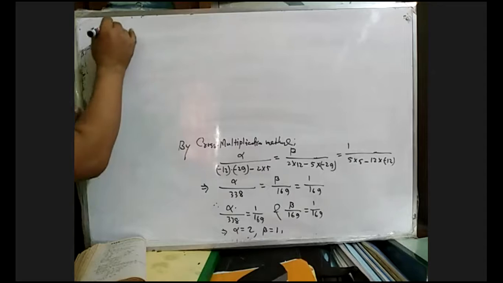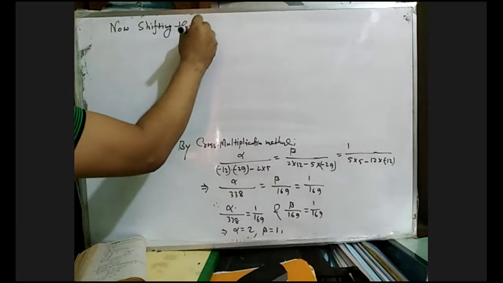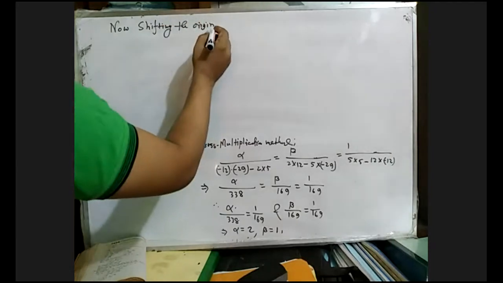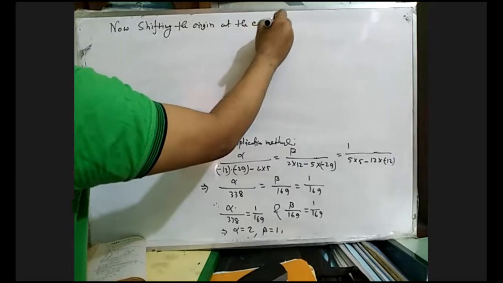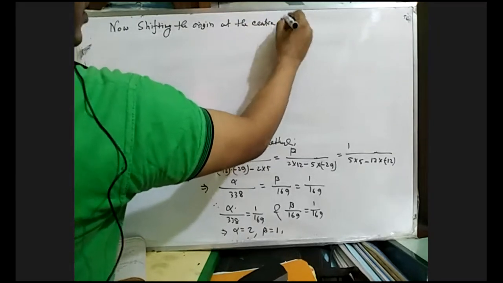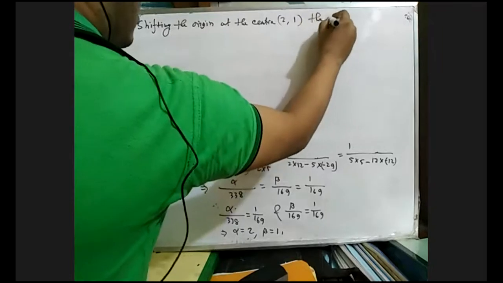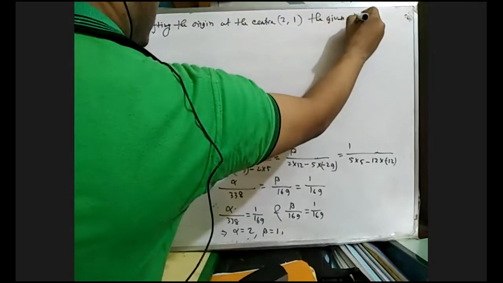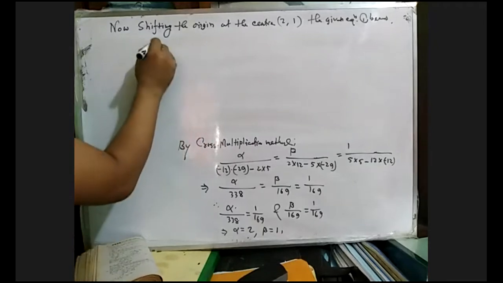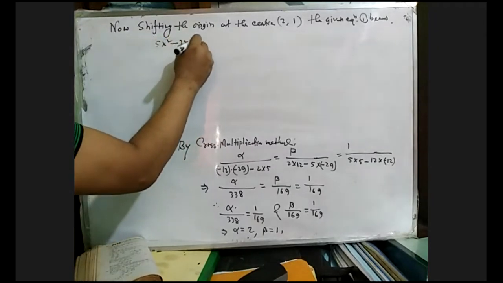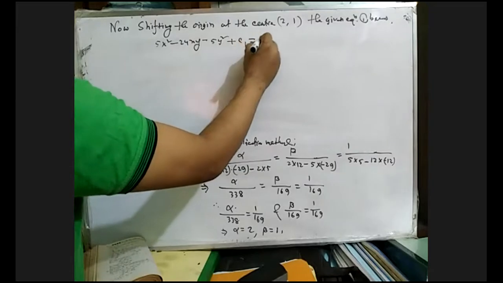Now shift the origin. Shifting the origin at the center to 1, the given equation 1 becomes 5x square minus 24xy minus 5y square plus c1 equals to 0,